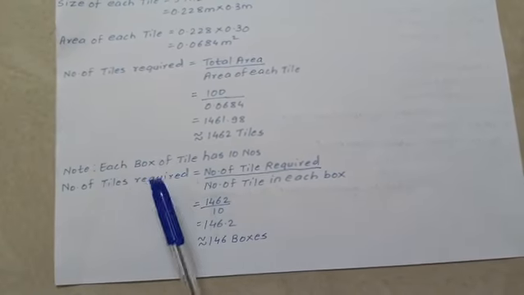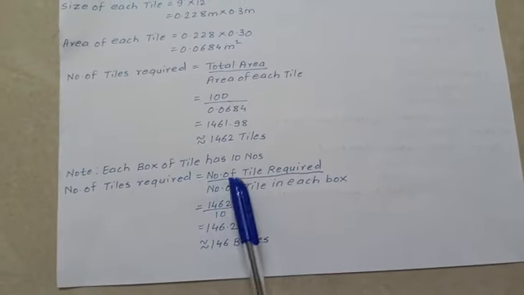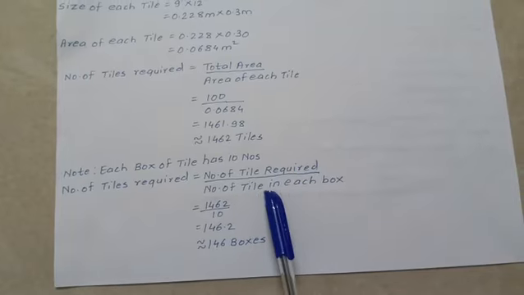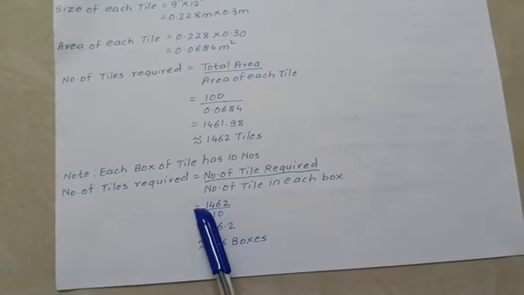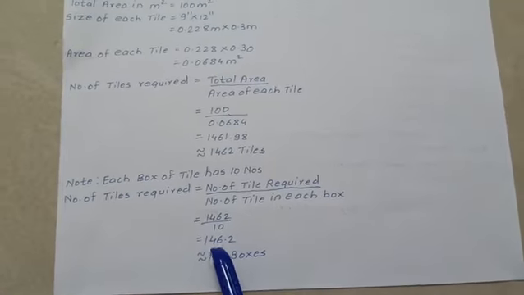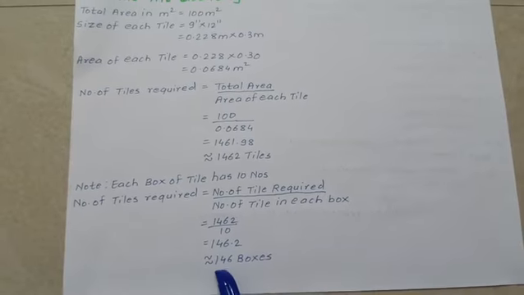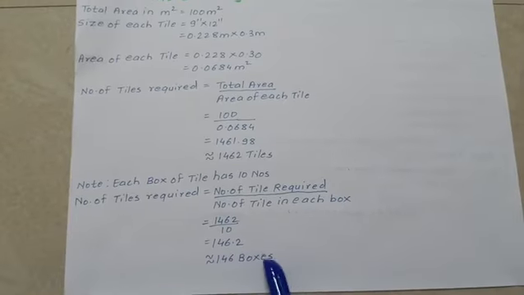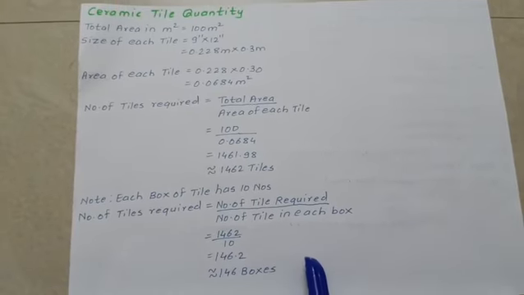Then the number of boxes required is equal to the number of tiles required upon the number of tiles in each box, which is equal to 1462 upon 10, that is 146.2, approximately 146 boxes will be required for the total area